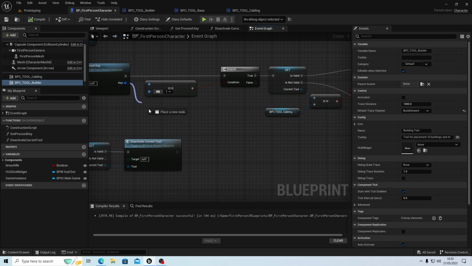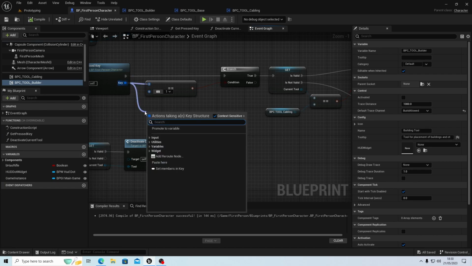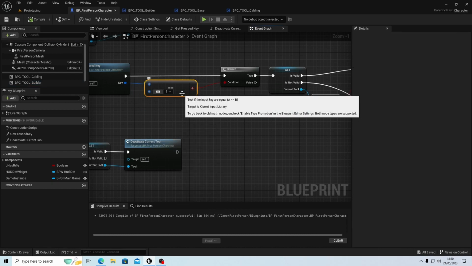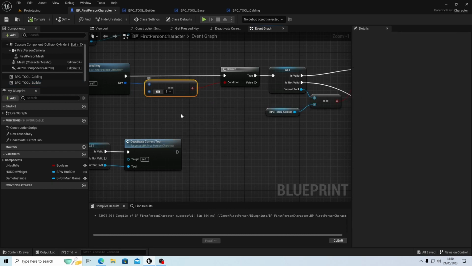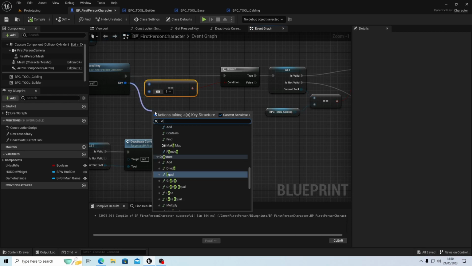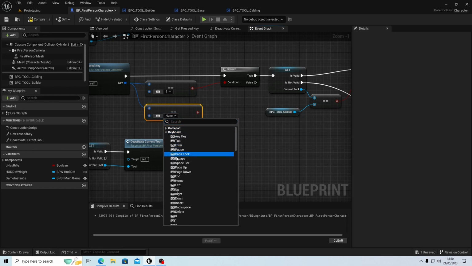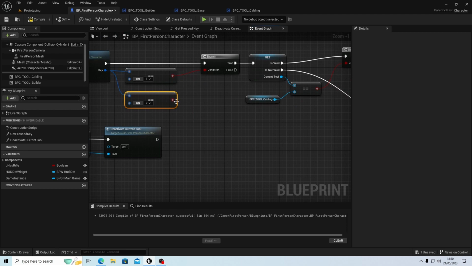So we bring off this one and we go, what did we call this? I think we had to just duplicate this. It's just an equals, isn't it? Equal. And this time we're going for keyboard number 2, and then we have another branch. So if it's not number 1, we'll come out and we'll branch again. So it first checks if it's the number 1. If it's not, it's now going to check the number 2, and we can do that for all of the